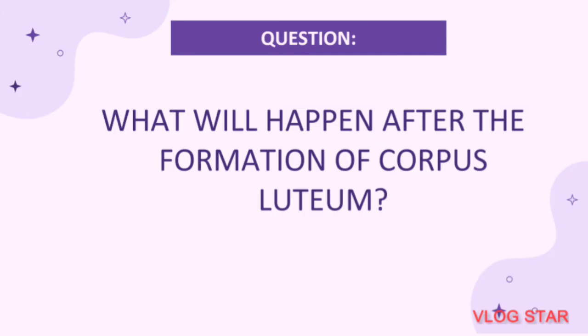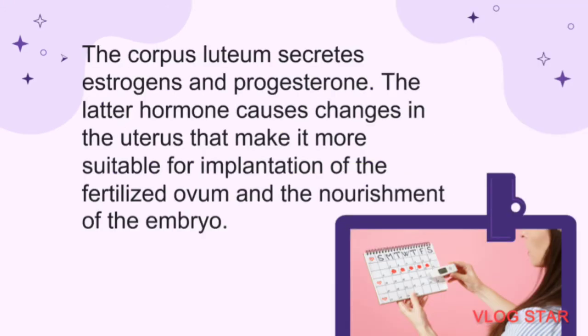So, the question is, what will happen after the formation of corpus luteum? The corpus luteum secretes estrogens and progesterone. The latter hormone causes changes in the uterus that make it more suitable for implantation of the fertilized ovum and the nourishment of the embryo. So, if the egg is not fertilized, the corpus luteum becomes inactive after 10 to 14 days, and then another menstruation